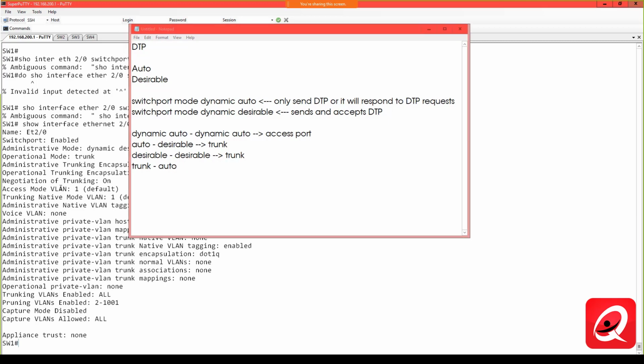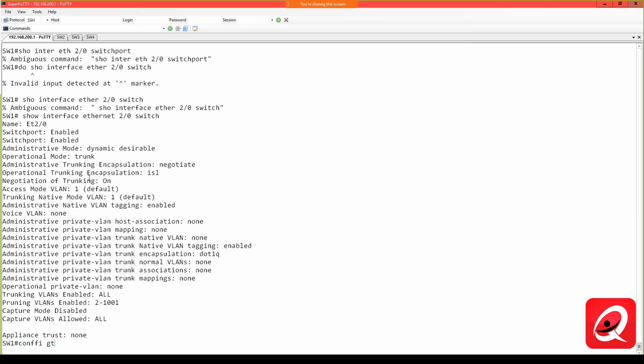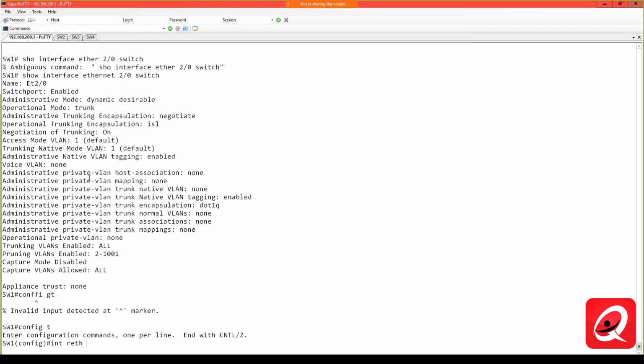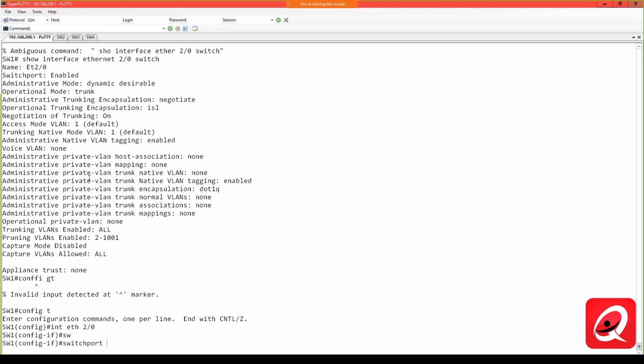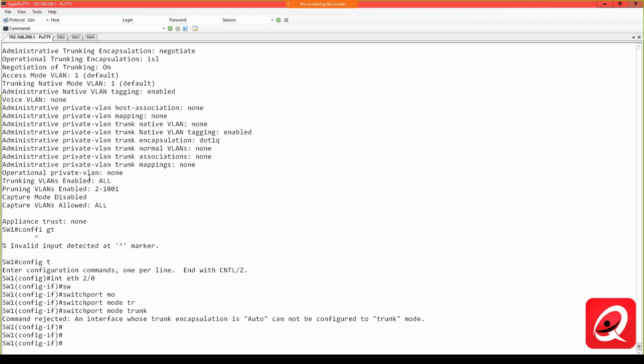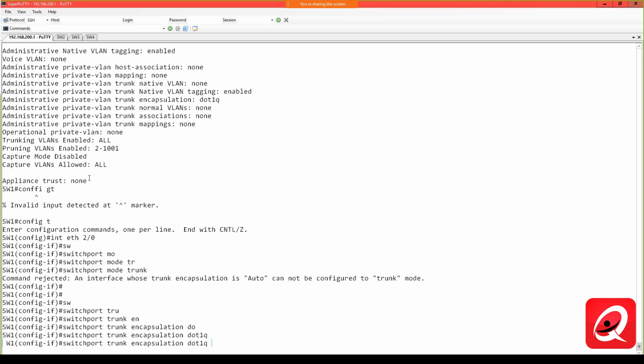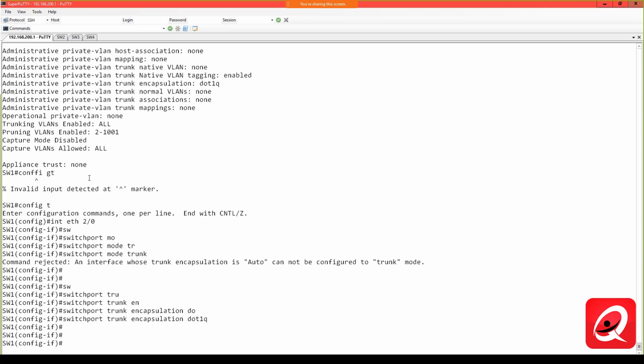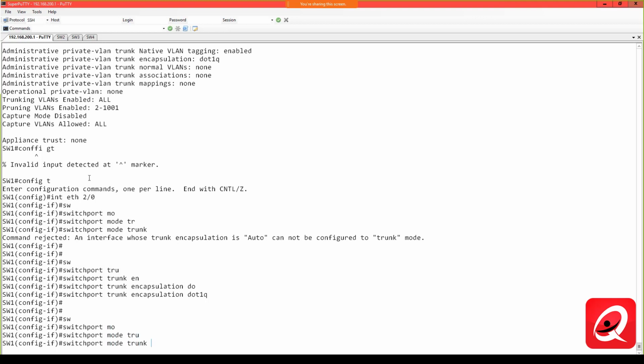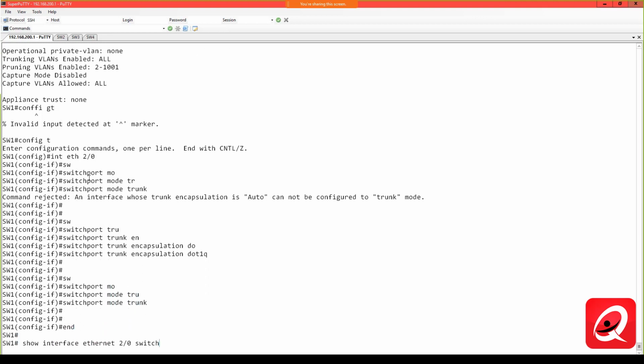Let's say I go into Ethernet 2.0, config t, interface Ethernet 2.0, and I say switchport mode trunk. All right. Oops, I've got to set the encapsulation type. Switchport trunk encapsulation dot1q, which you have to set on switches that support multiple encapsulation types before you can statically configure it as a trunk. So if I say switchport mode trunk now,